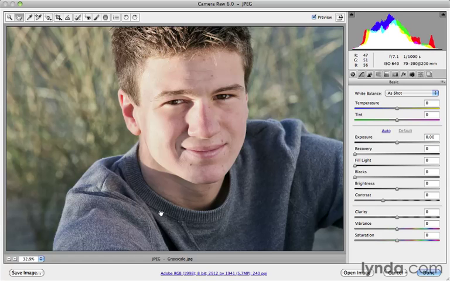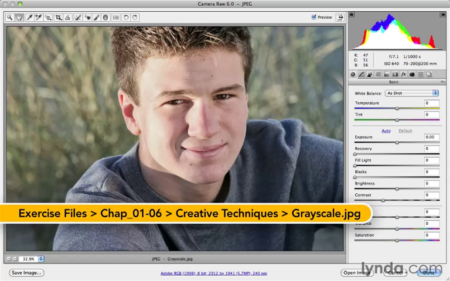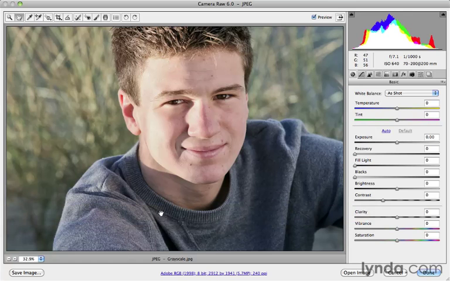Converting a color image into black and white is a pretty common thing to do, and Camera Raw gives you a lot of flexibility and power to do so, and very quickly, I might add as well. There are two different ways to go about it. There's the quick, get rid of all the color, which you can do with the saturation slider. And then I'll show you the second technique, where you can actually control individual colors and how they get converted